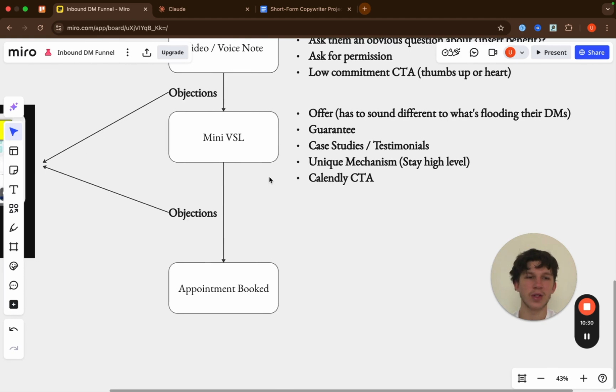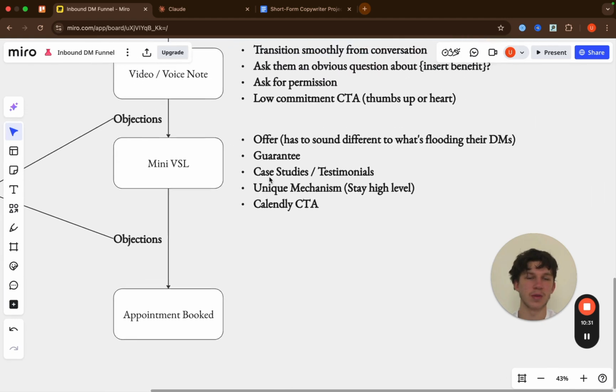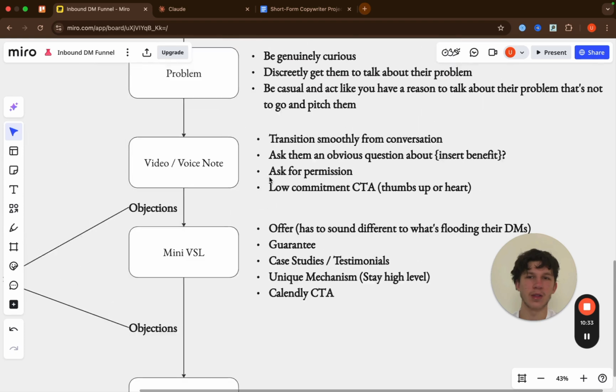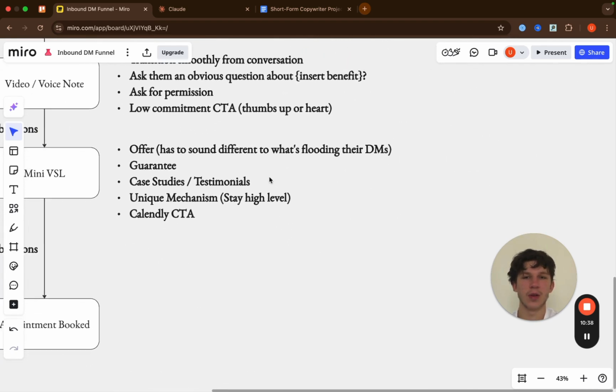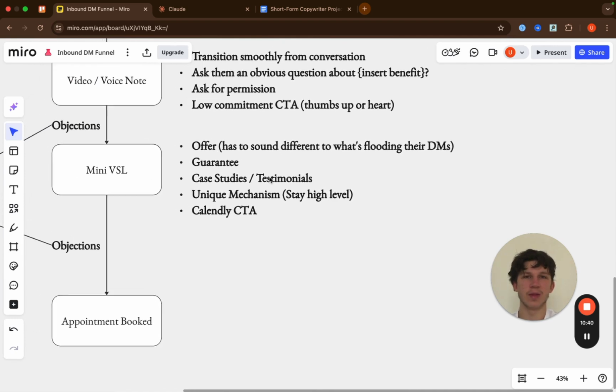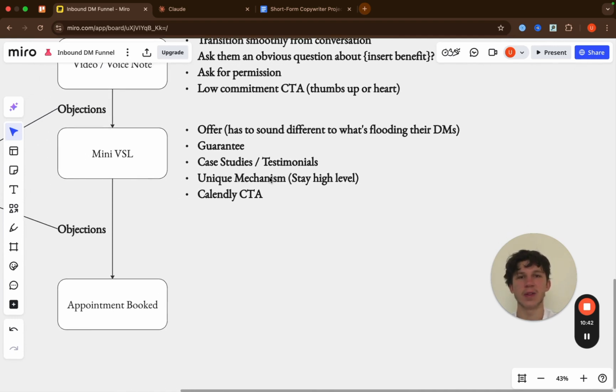There are also objections, and I do want to touch on objections as well, because there will be people that ask a bunch of questions. But the other thing is just some general principles around this. Whether it's outbound or inbound with DMs, you need to track everything. So you need to track,